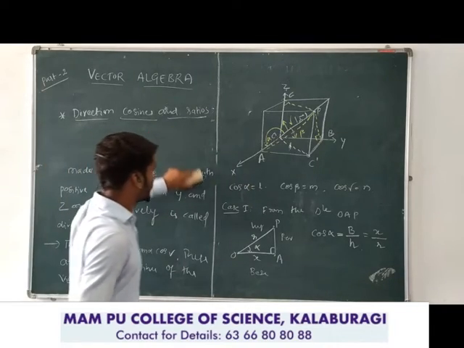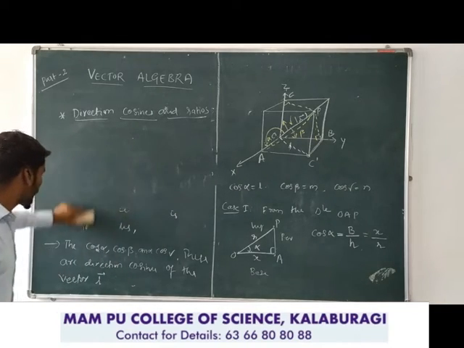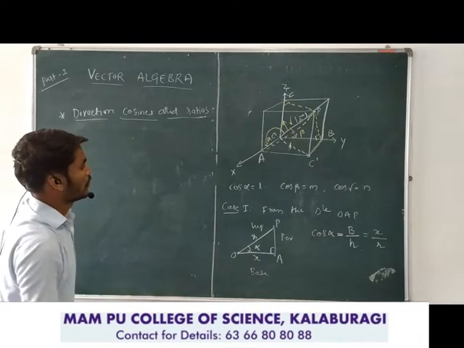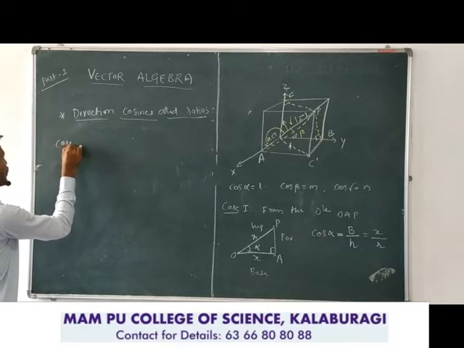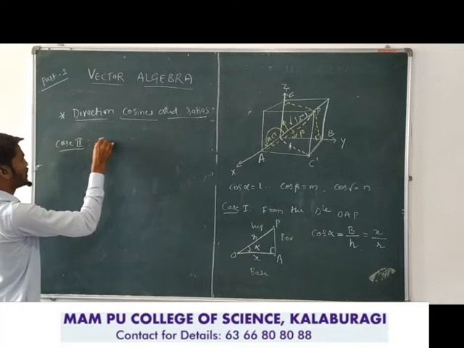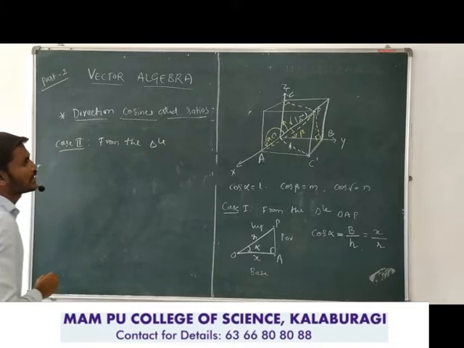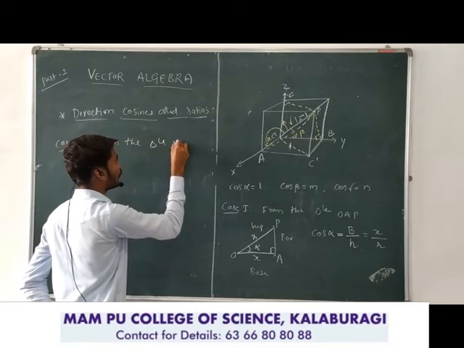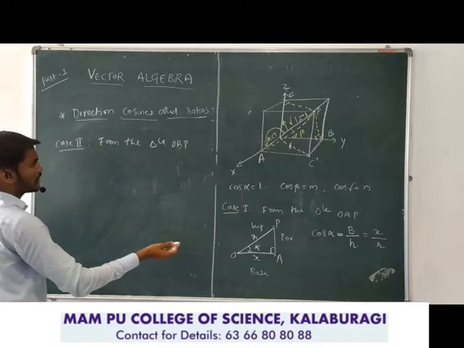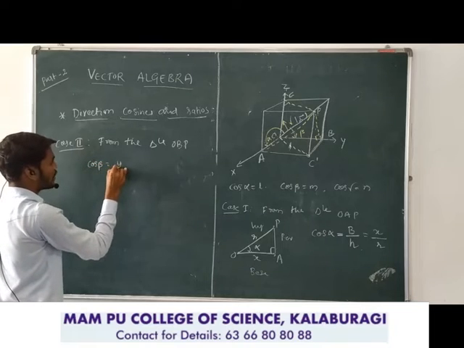Similarly, I can take case 2. Which triangle are we considering here? We are finding the cos beta value here, right? So case 2, similarly from the triangle, which triangle are we taking here? OBP, right? OBP. So similarly, drawing a diagram like this, we can find, finally, cos beta is equal to y by r.